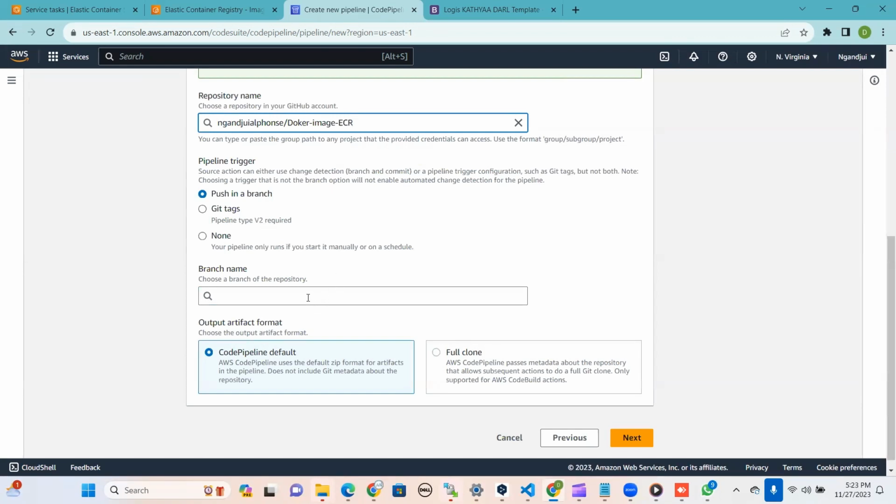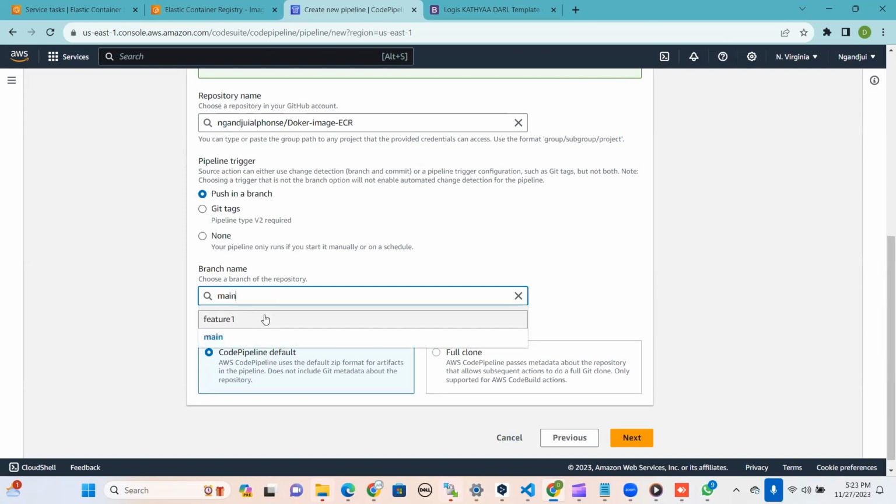I'm going to select which branch, right? When I push the code to the branch, which branch, feature or main? I prefer to select main, so that when the developer sends the pull request, we need to merge that pull request first to the main branch,